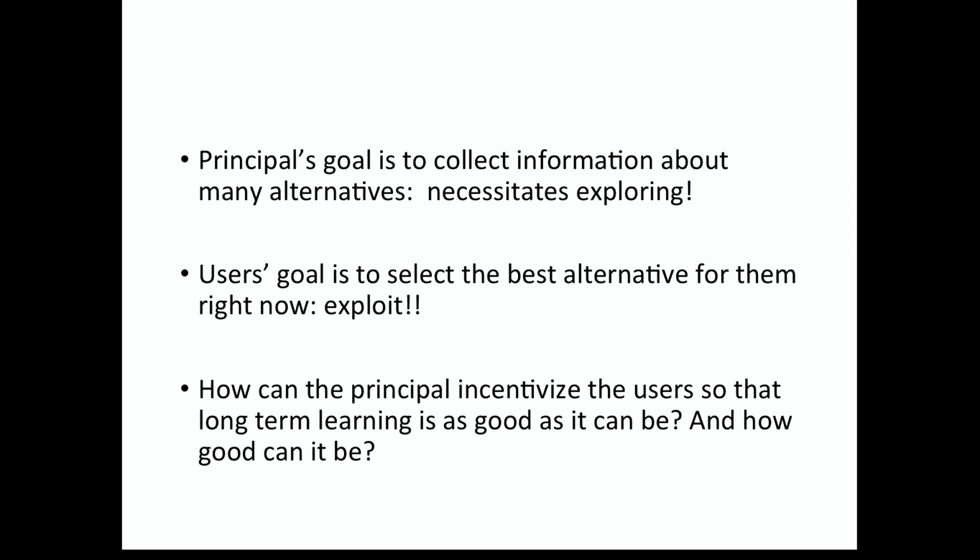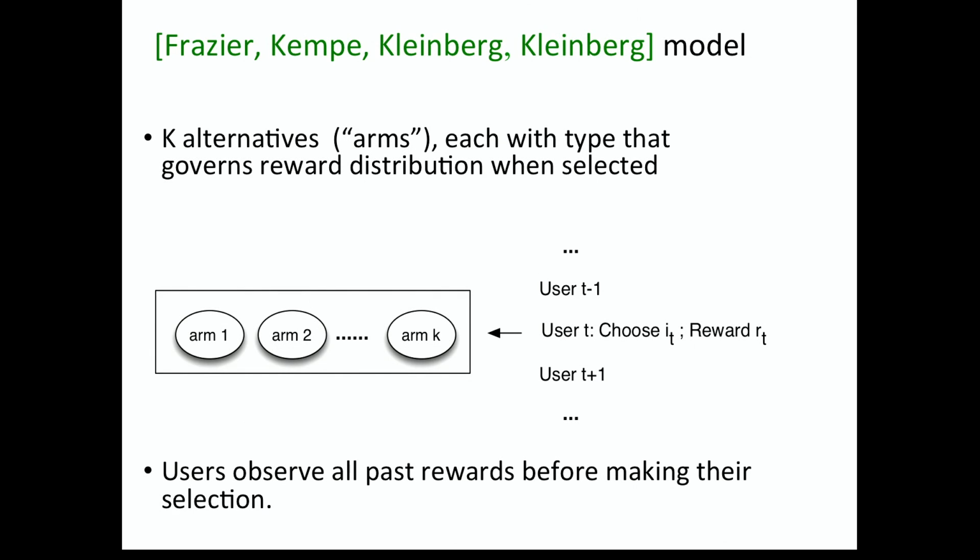So the question is, how can the principal incentivize the users to do a sufficient amount of exploration that the long-term learning is as good as it can be? And how good can it be? So the model that these guys considered was a Bayesian multi-arm bandit setting, exactly of the type Kamesh spoke about